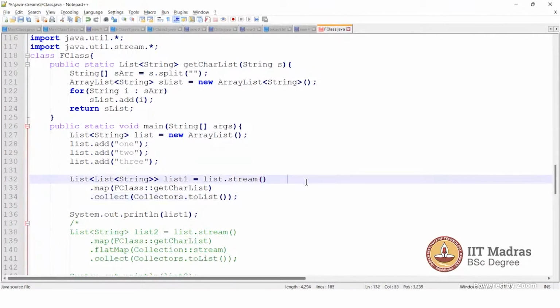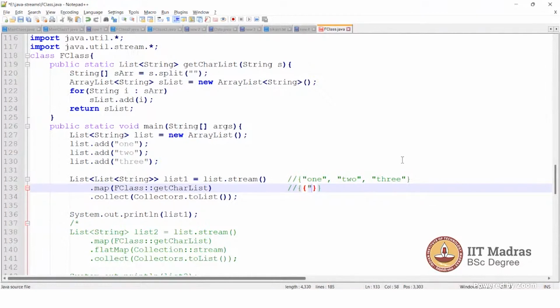So anyone, what will be the content of the stream? What will be the content of this stream? The stream will have 1, 2, and 3 as list elements. But once I call getCharList, how will the stream be? It will split it into individual character strings, and the character strings will come as an array list, right? So it will come as O